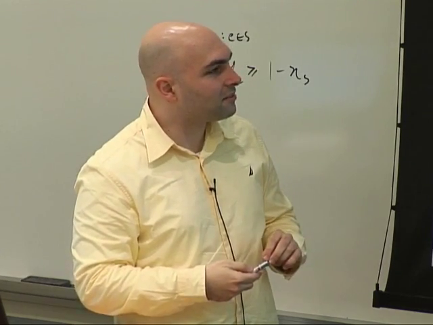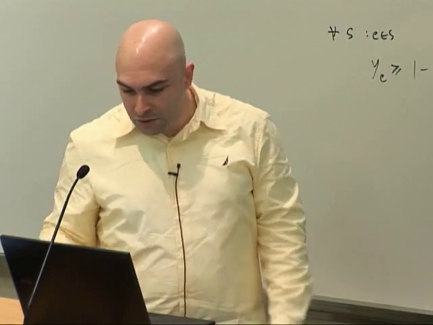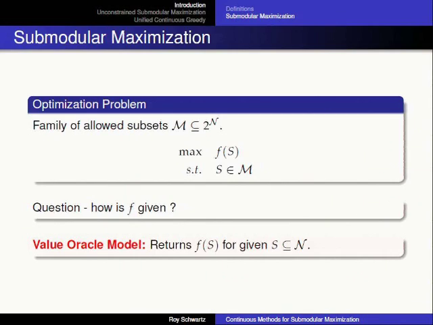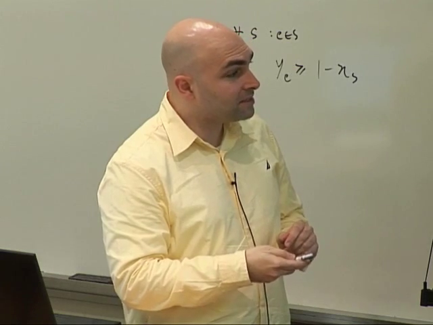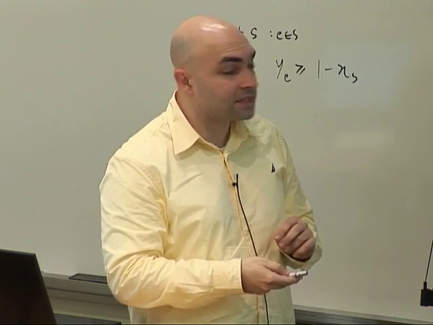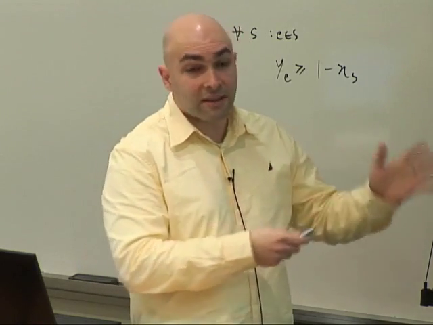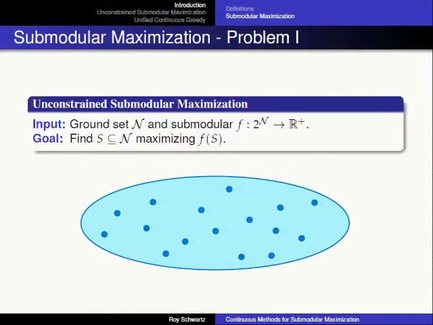Unfortunately, this is not very realistic in, let's say, all or almost all the applications of this problem. So what is usually assumed is that the function is accessed through an oracle. The most basic oracle that is widely accepted and widely used is what is called a value oracle. So it means that the algorithm has black box access to some oracle that it gives some subset of elements S, and it just receives the value of the function of this subset. So this is the only way the algorithm can interact with the submodular function. So now let's go over a few interesting